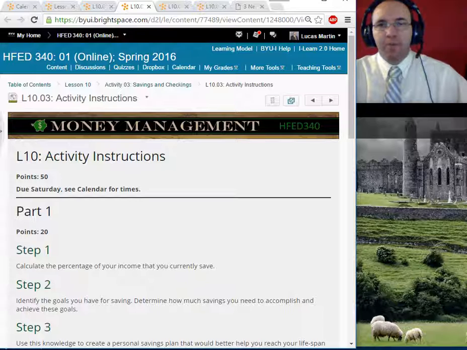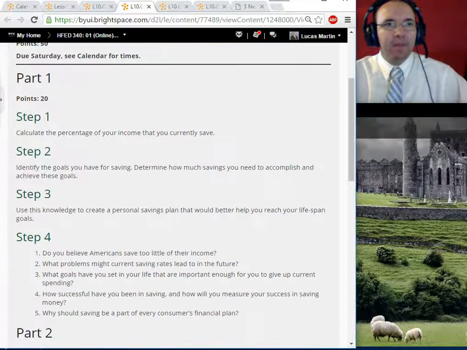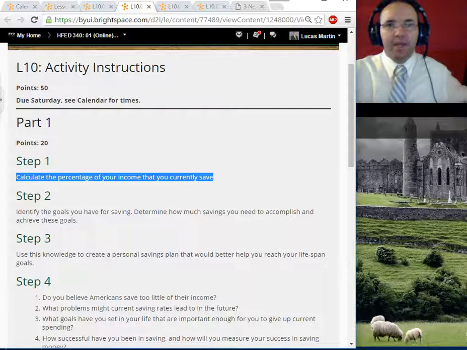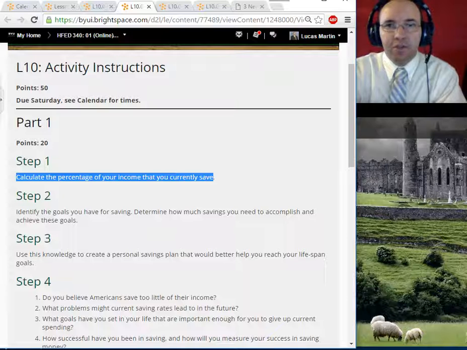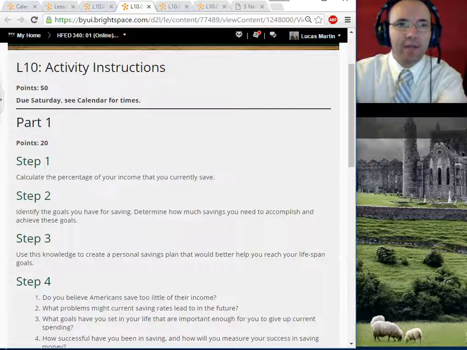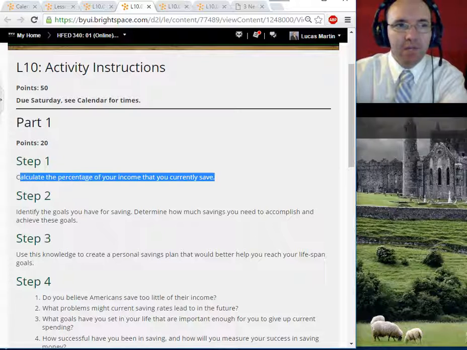taken care of it. So let's talk about our big assignment for the week, the activity. The first part of the activity is calculating the percentage of your income that you currently save. Calculating a percentage is very straightforward. You take the portion and you divide it by the whole. So it says calculate the percentage of income that you currently save. If you save $50 a month and you make $1,000 a month, you would take the portion, which is 50, and divide it by the whole, which is 1,000, and that would give you the percentage of income that you currently save. All right, so if there's any questions on how to do that, just remember we're taking the portion and dividing